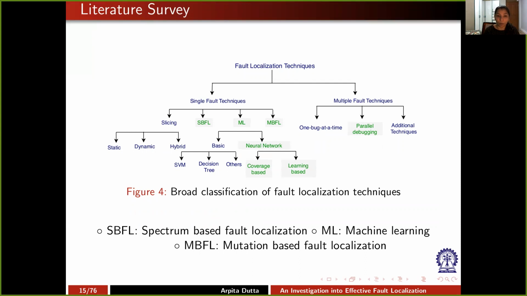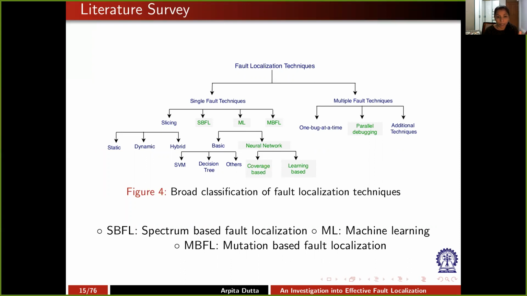SBFL techniques are formula-based techniques which take the information of whether a particular element is covered or not covered by how many failed and successful test cases, and using a particular mathematical formula it derives the suspiciousness of a statement. Now coming to the machine learning techniques, these fault localizations are further divided into two